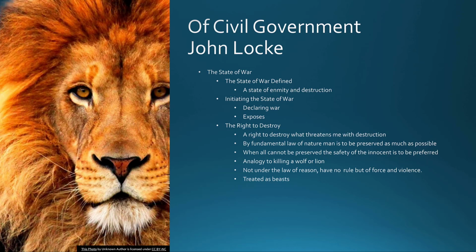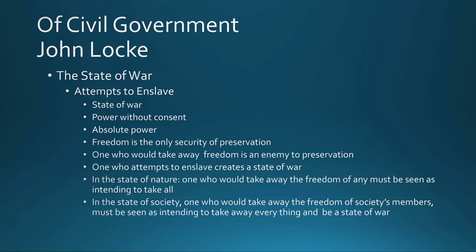What else for Locke would start up a state of war in a just way, to allow the justification of harming someone justly? The next thing he considers is attempts to enslave. Although Locke has sometimes been accused of being racist and being involved in the slave trade, and it's true that he did have legal connections to it, his view about slavery is quite clear, specifically that if someone attempts to enslave another, that is effectively a declaration of war.